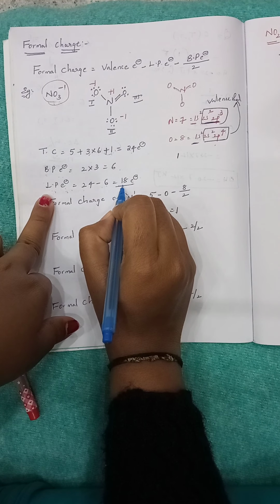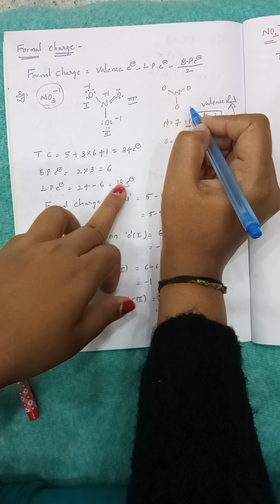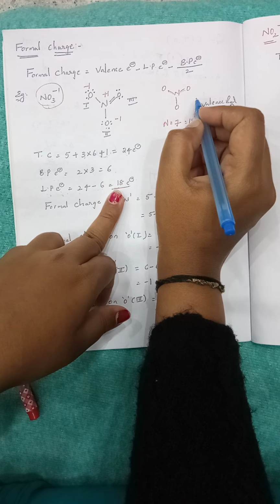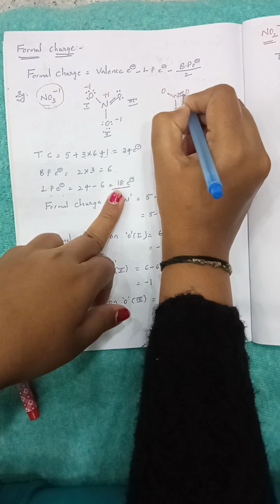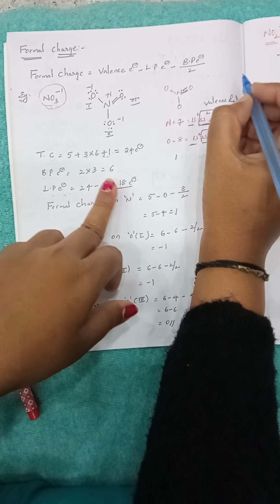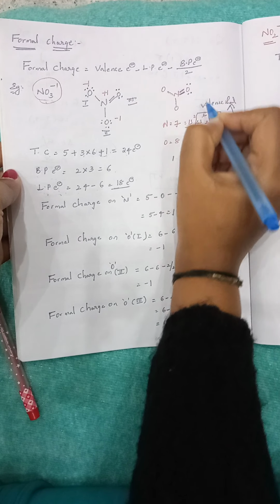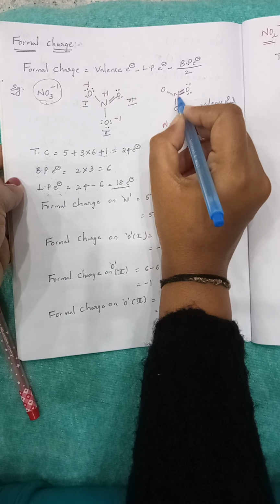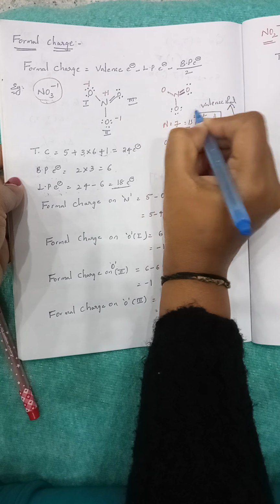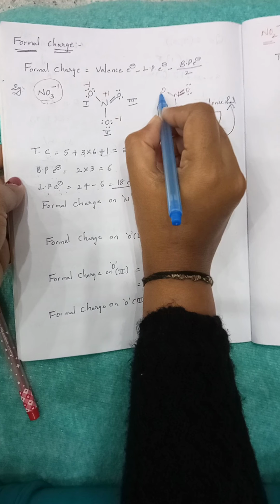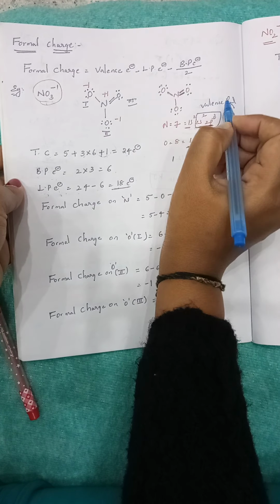Based on these lone pair of electrons, we have to fill the number of bonds present here. Understand? So totally 18 electrons we have to fill. Remember, oxygen should contain 2 bonds. 1 bond, 2 bond. Now valence is satisfied. If its valence is satisfied, then it will be containing 2 pairs of electrons. But on this oxygen, only 1 bond is present. That means it is containing 3 pairs of electrons. Even on this oxygen, only 1 bond is present. It's containing 3 pairs of electrons.